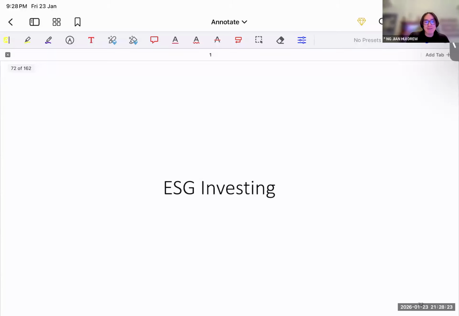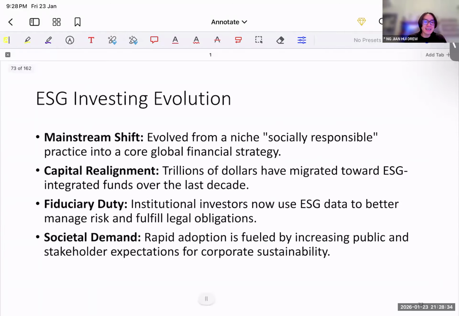The last part I would like to cover is ESG investing. Again, this is a new component in our module for this semester. So ESG has been increasingly important. In fact, as I mentioned earlier, I wanted to do my PhD in ESG, or actually did one portion of it in ESG. And so it's something that I'm quite interested in. I think it's quite fun, one of the more fun parts of finance.